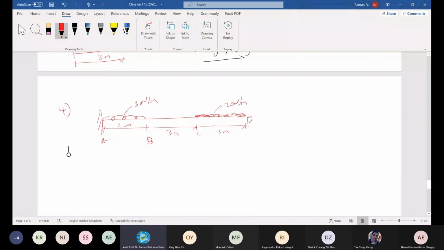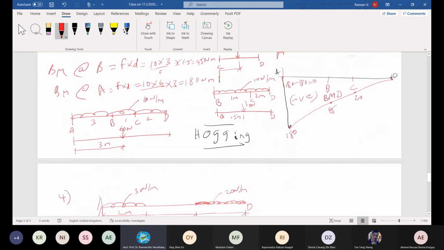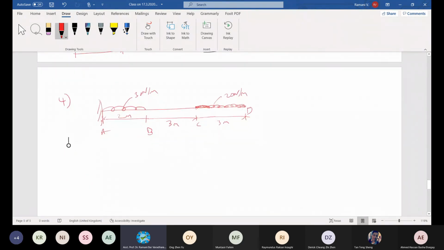I repeatedly say, if you apply common sense, you will know where the load is coming, whether you cover all the loads, whether you cover all the span. That is where common sense comes in. Don't blindly work on it. We have to go for simply supported, that is a bit more work to find reactions and all. So please do it faster.